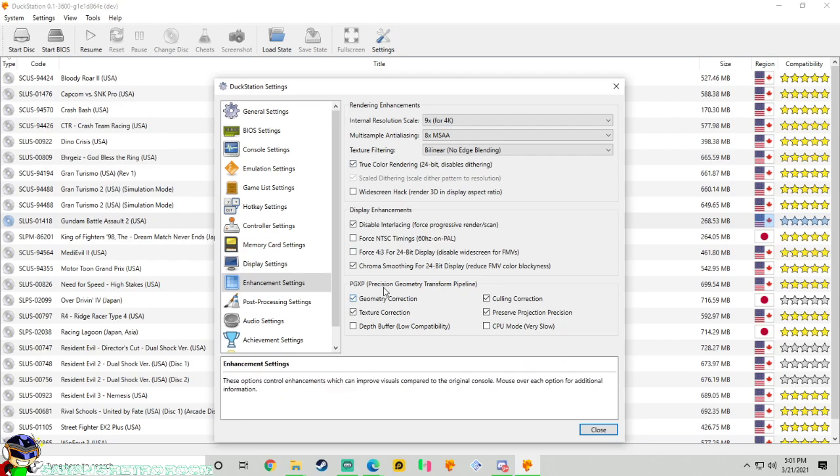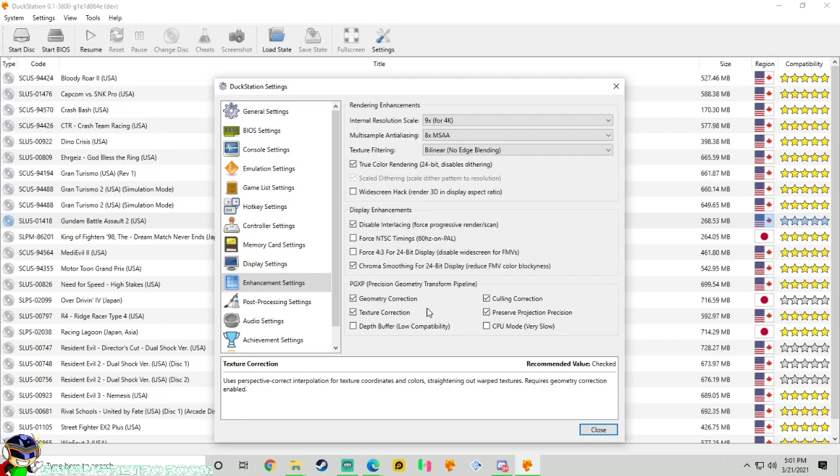And obviously, if you worked with PGXP, these particular settings that I have on just make some of my games, especially the racing games, look flawless. I know there's not much you can expect out of a PS1 racing game, but it just makes the whole environment and the game look great. And I know I speak about the environment a lot, but it's very important because I'm the type of guy that likes to see